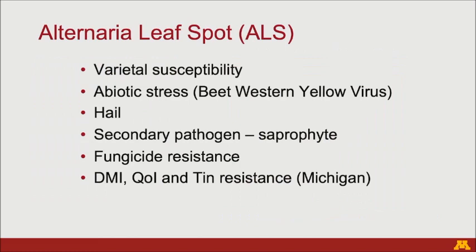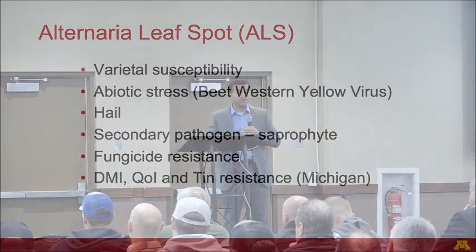So if you talk to our friends in Michigan, I think they know more about Alternaria than anybody else because they have huge outbreaks of Alternaria there. It seems that certain varieties are more susceptible to Alternaria compared to Cercospora. But thankfully, we don't have any of those issues. And anytime I received a sample that's positive for Alternaria, there was some kind of stress going on in the field, whether it could be drought stress or something happening in the field, or excess moisture. Those beets are not real strong. They're not able to fight everything that's landing on them, so that's where we're picking up Alternaria.